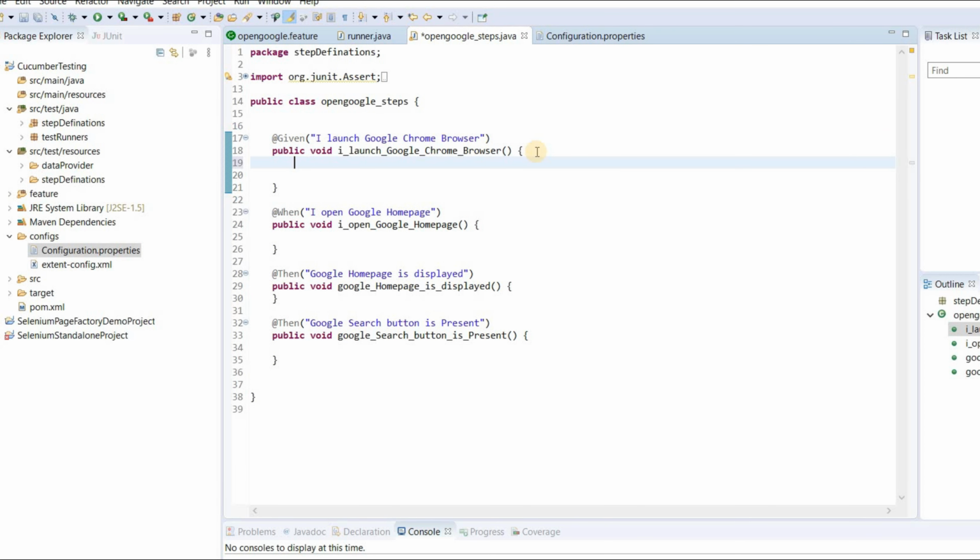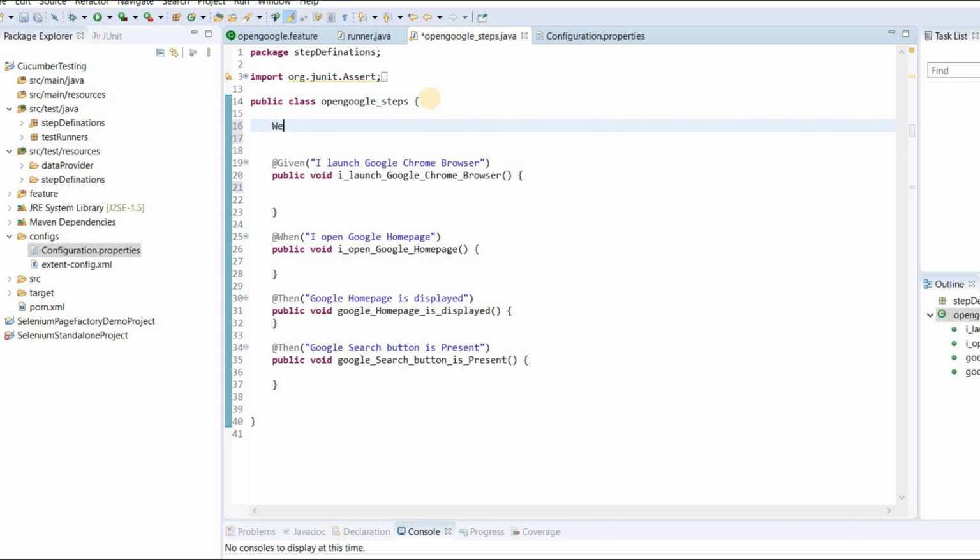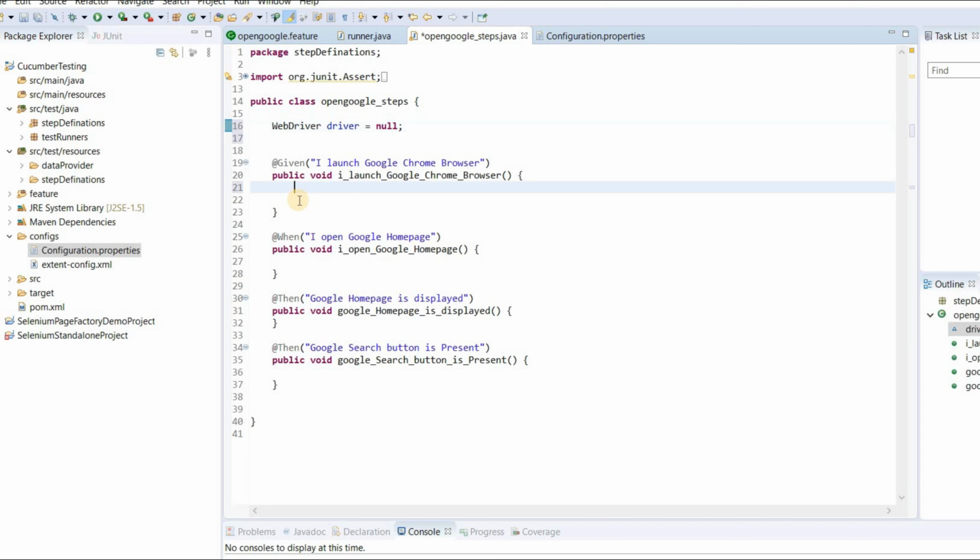If you know Selenium, it will not be a tough problem for you. But if you don't know Selenium, then you have to learn Selenium to cope with this session. I will also tell you how to write the Selenium code in between, because this part is completely a Selenium part. The first thing we need to do is instantiate the WebDriver. For that we will write WebDriver driver equals null. At this point we are assigning it a null value. Now we have to assign it a Chrome browser value.